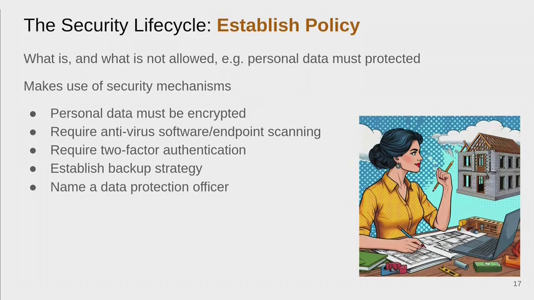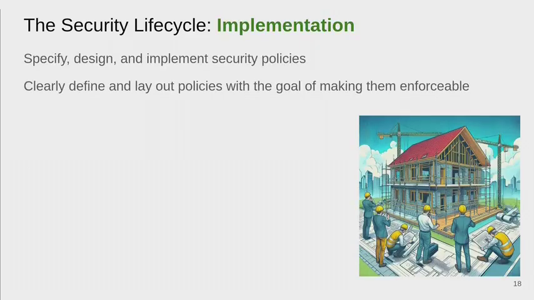What kind of backup strategy do we need for the data? Do we test it and whatnot? Also name a data protection officer, who's responsible to think about this so they can look at all the different angles. After we have analyzed the risk and established a policy, we also need to implement it, which means that we need to actually encode the different policies and implement them so they're actually being rolled